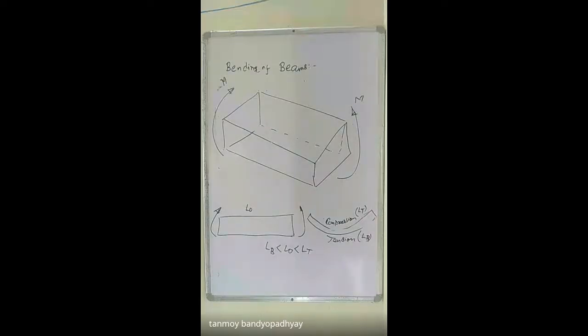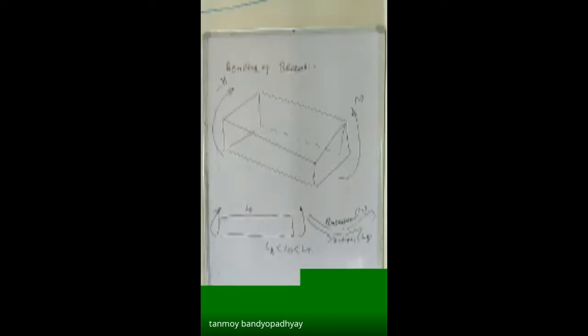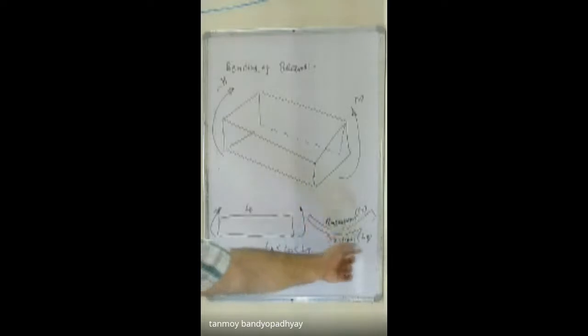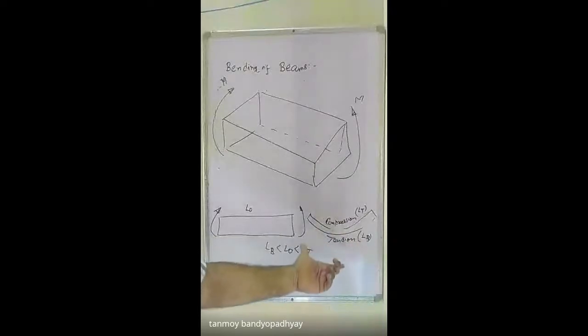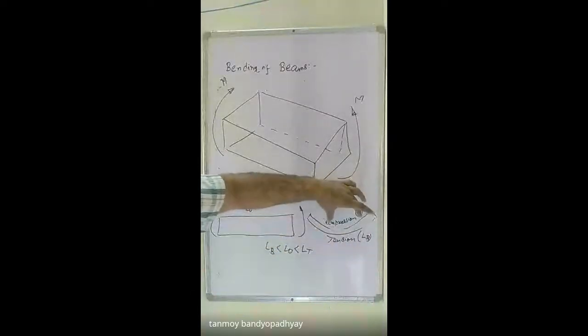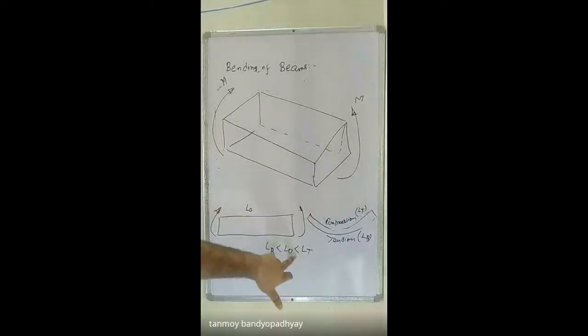So you take one structure and you bend it. How to bend it? You apply two opposing couples on the shape. So once you apply two opposing couples, the lower fibers, just consider a belt, are trying to expand actually. So they are not of the length L0, they are of certain length L0 plus delta. And on the top side, they are always in compression. So LT will be somewhat less than L0. We'll be coming to the derivations and all.